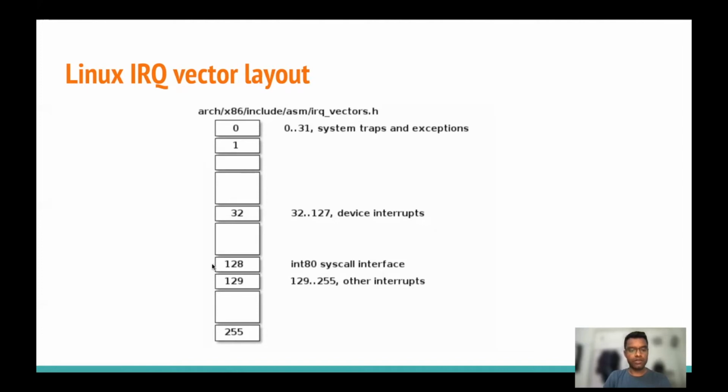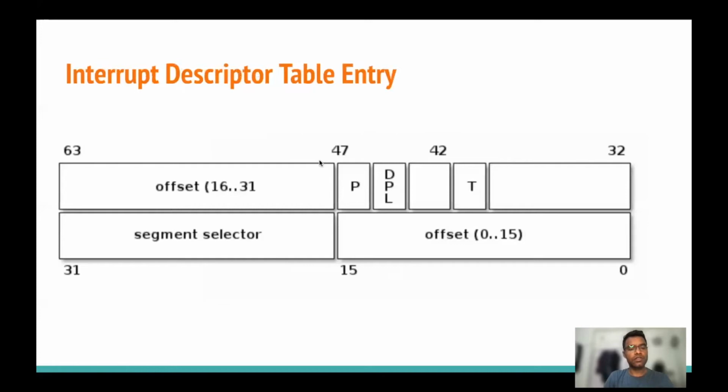Here you can see that interrupt line number 128 is specifically reserved for system calls. So we can say that system calls are handled by the processor with the help of the interrupt system. This is the view of an entry of an IDT. Here it contains a 32-bit offset and the address of the segment selector.